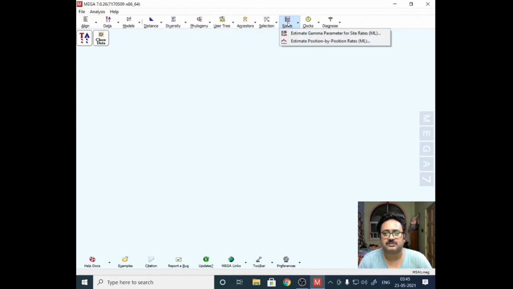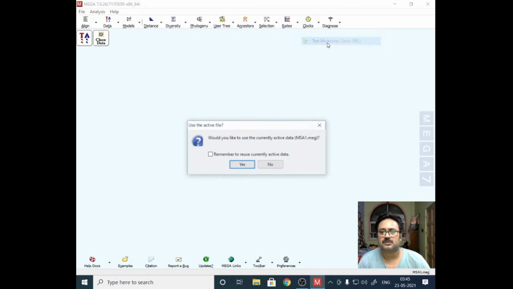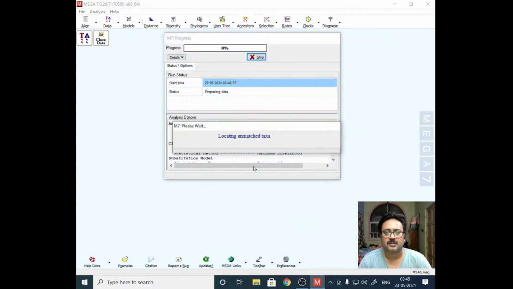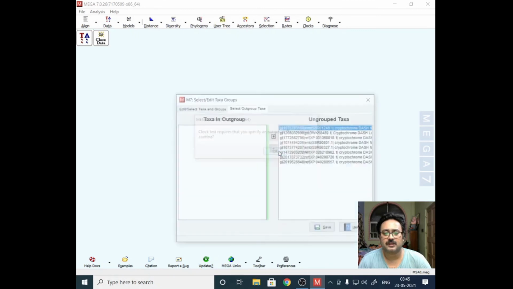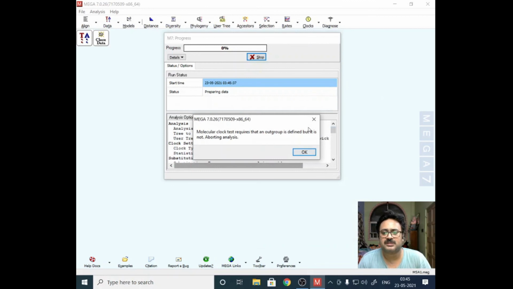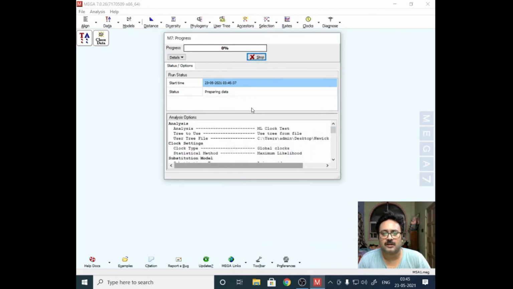Now this selection is not needed, and this one is also not needed. Another is this one, test molecular clock. You have to select some outgroup as well, so we are not doing it. This is done when you have to perform an evolutionary study. So this is a molecular evolutionary study, and this is important for that.